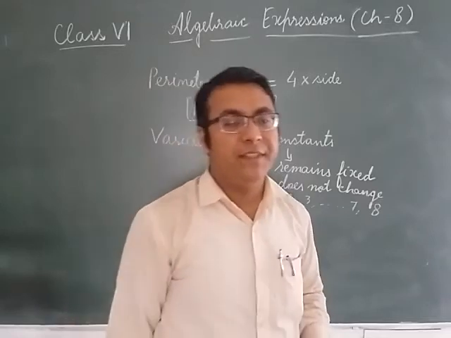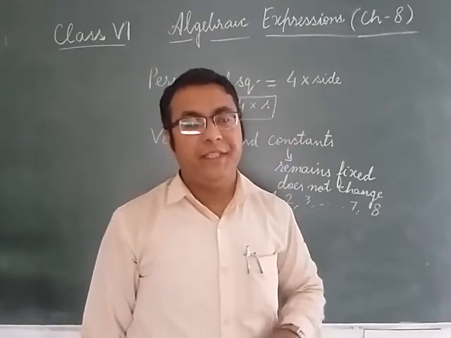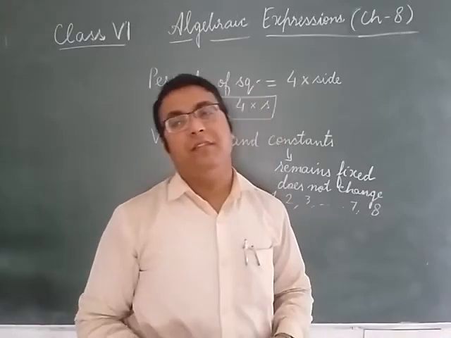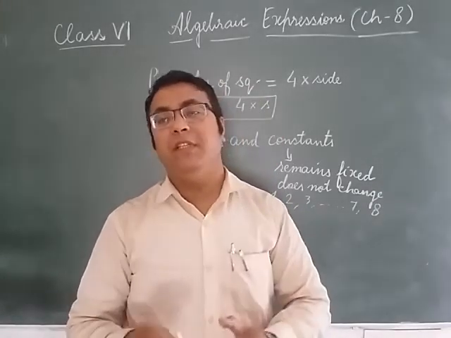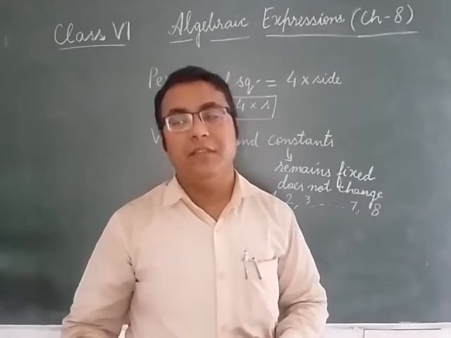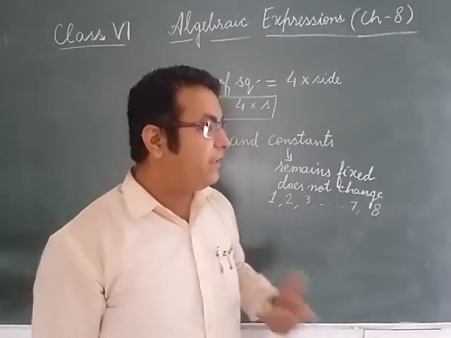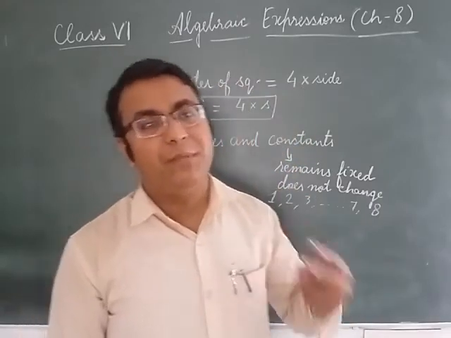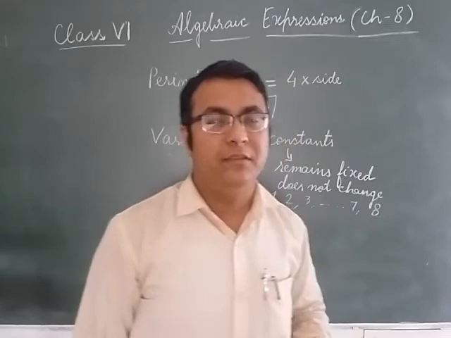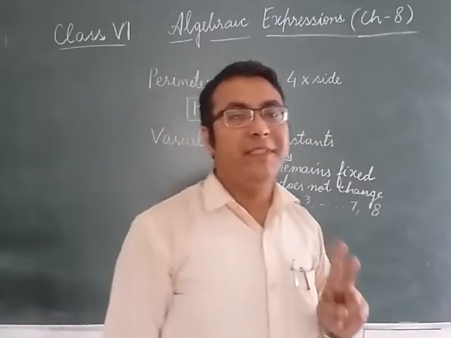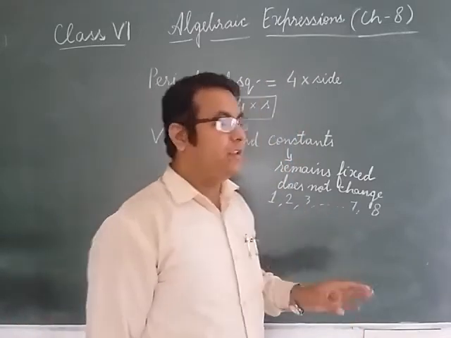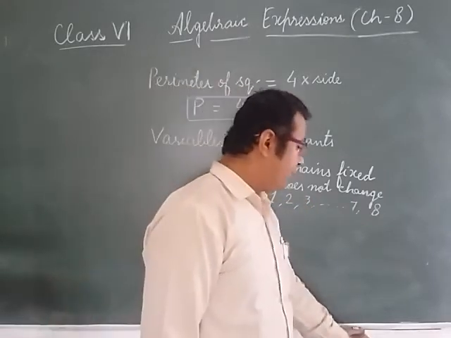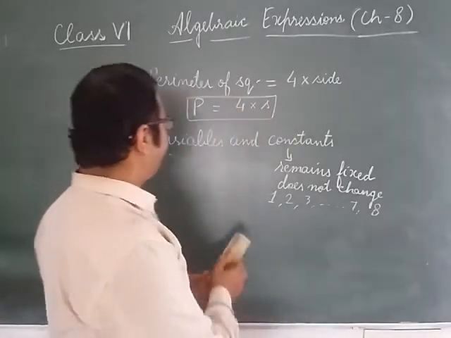Understand it with an example. Suppose you are in India and you have 2 apples. The same quantity of apples will also be applicable when you are in the US or America. If I say you have 2 apples in India, that also means that you have 2 apples in the US. So the number of apples will remain the same, 2. It will not change. So it comes under constant. Okay. After this, let's come to algebraic expressions.